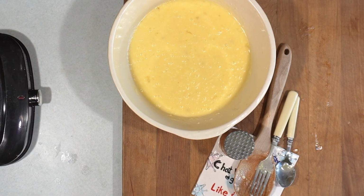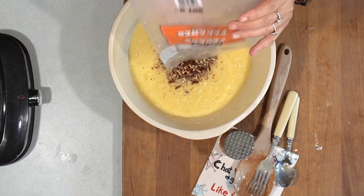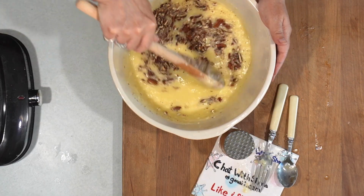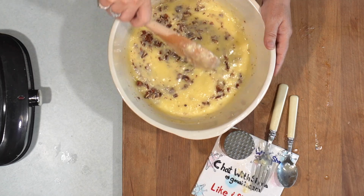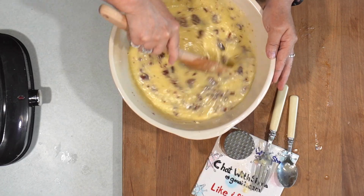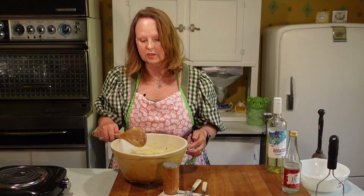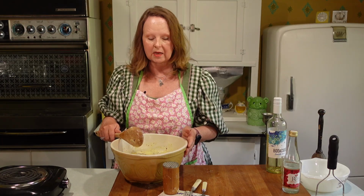Okay, I think that looks good. So I'm just gonna dump them in now. And we're gonna give this a stir, and that's all that's in this recipe. It's crazy to me that this is gonna taste good. I think with all the eggs, I expect it to taste like a custard. We'll see. Would have probably cooked this in a pudding mold. I don't happen to have one of those, so I'm just gonna cook it in this. I'm hoping it sets up enough that we can put it on a plate, but maybe if it doesn't, we'll